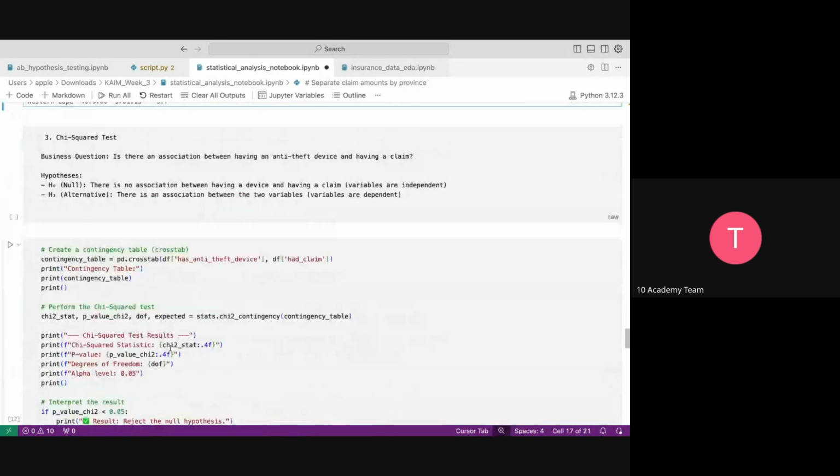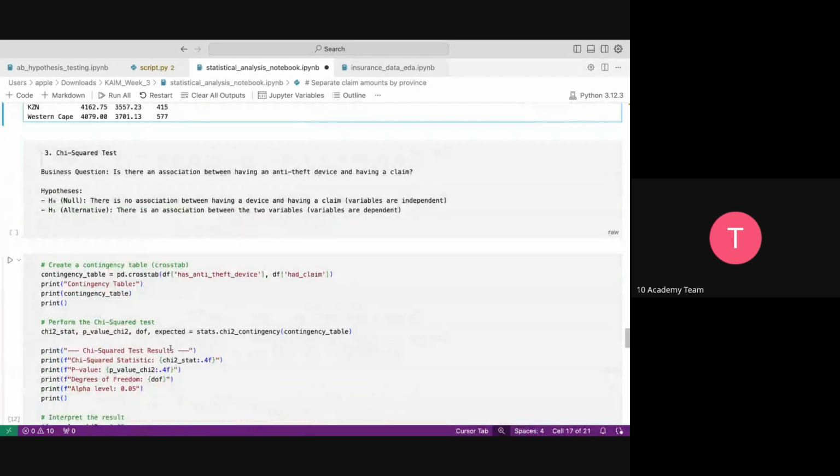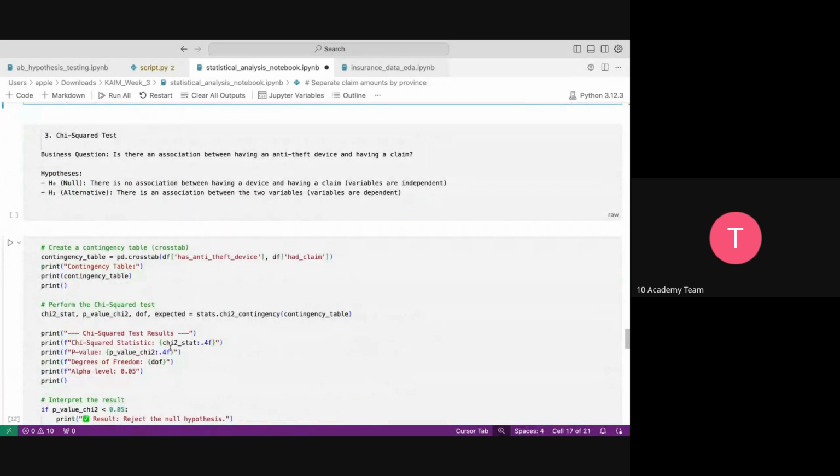Okay, and for the last one, the chi-square test, we can see the association between the anti-theft device and